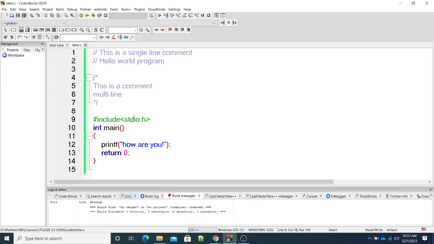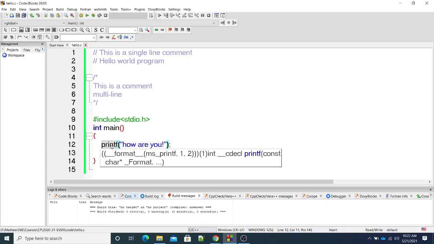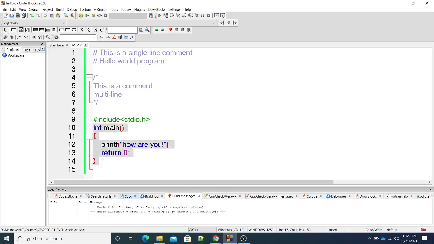So now, finally, your C program will contain one or more functions. Either you write your own function or you call a function written by somebody else. And each of these functions will be doing some well-defined task. Here your program is doing one task: it will display a message on the screen. For that you are using a function written by somebody else, available in stdio.h. You included that header file in your program and you are calling that function and passing the string you want to display onto the screen.